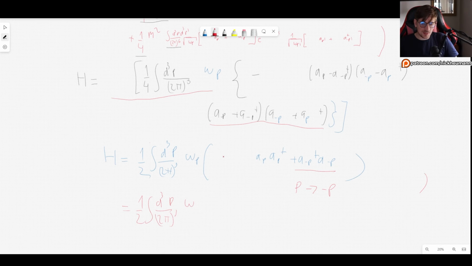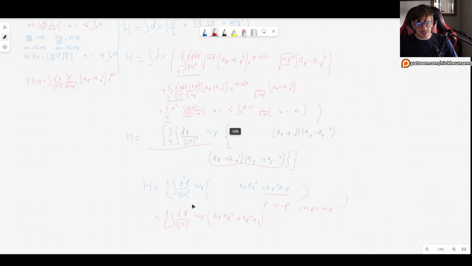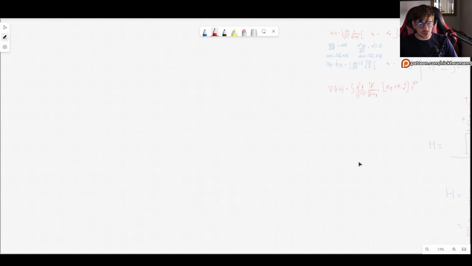Now notice that in principle, one of these would be omega of minus p, but we know that it's the same, right? Keep in mind, omega p is the same as omega of minus p, which is why we can still factor this out. And then we have a_p dagger a_p plus a_p a_p dagger. So now this is kind of a result, but let's go back to what we had previously in the case